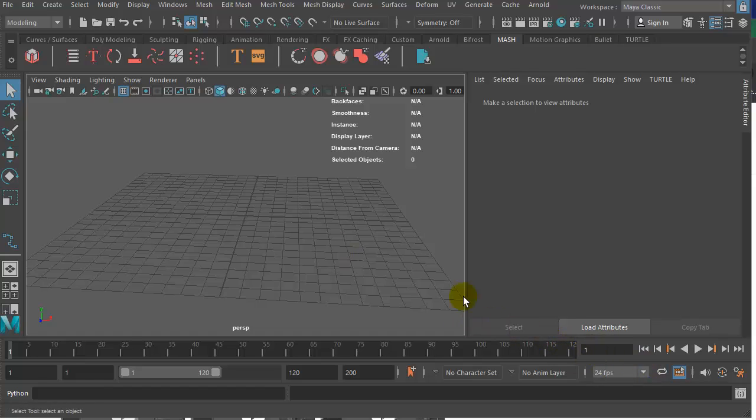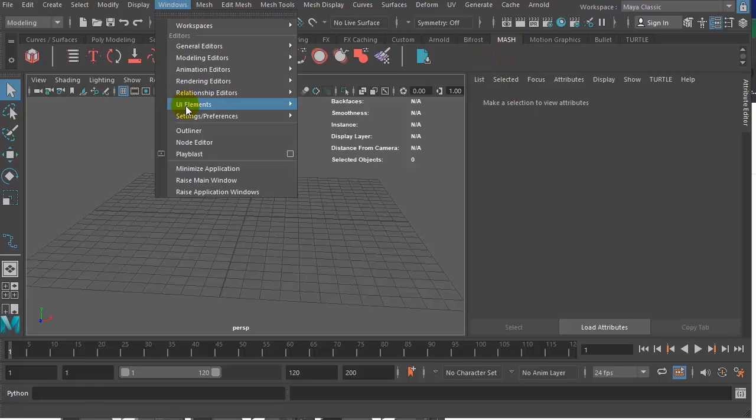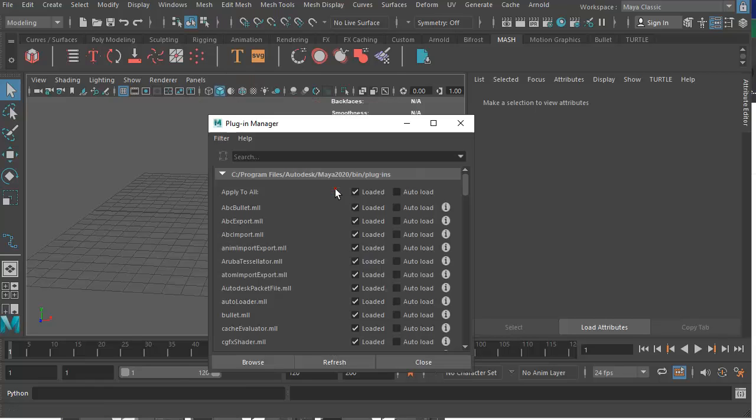Hi everybody, this is a quick tutorial about bending an object around a curve. Firstly, you need to make sure that you have your Mesh plugin in your plugins, otherwise it won't work. So make sure you go to Windows, Settings Preferences, Plugin Manager, and make sure that if you just click Apply